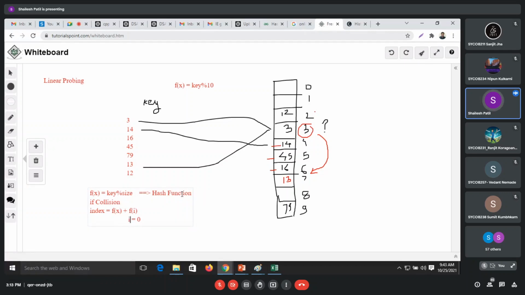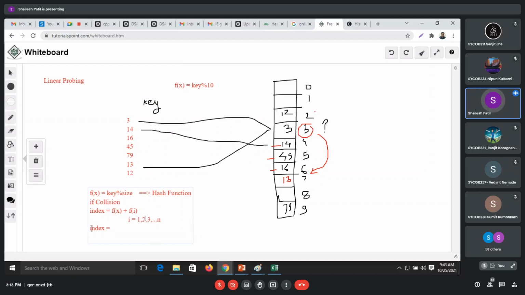So I will range from 0, 1, 2, 3, up to n. f of i will directly give a number, so it will be very simple. Now my index will be like this.